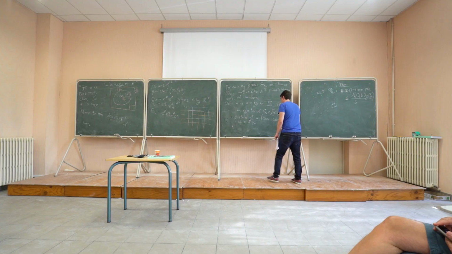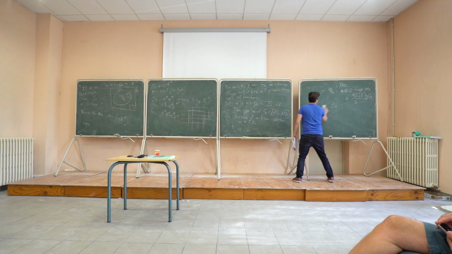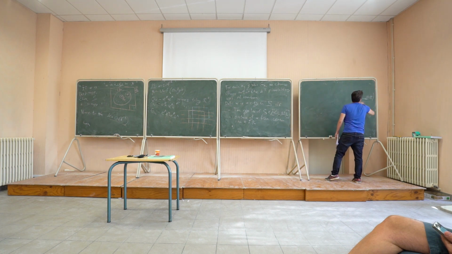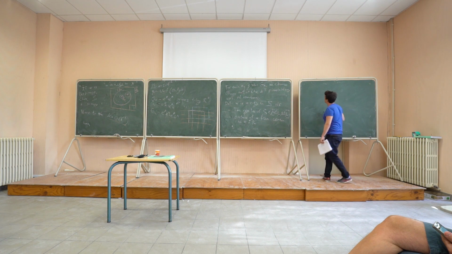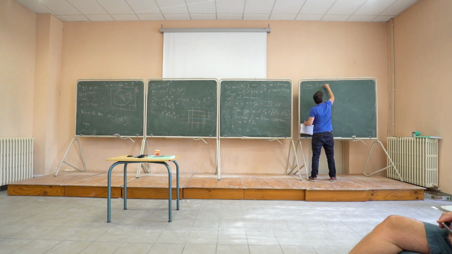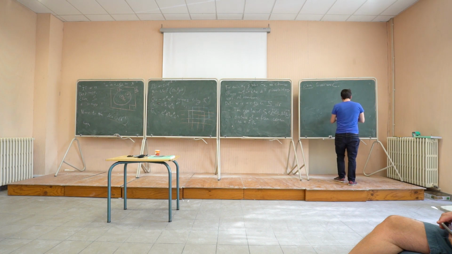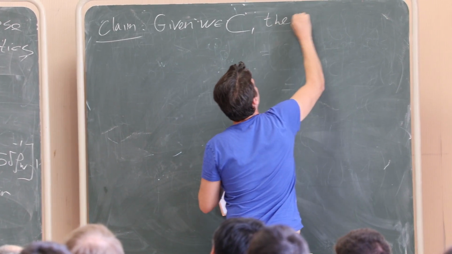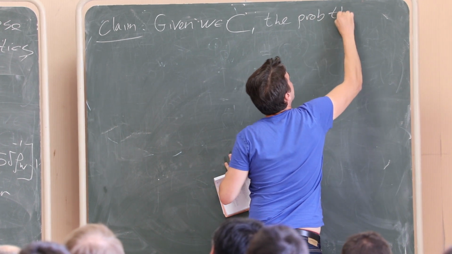Let's write down the statement. We want it to be a constant. It cannot be exactly a constant, at least with this construction. So the claim: given W and C, the probability that it is